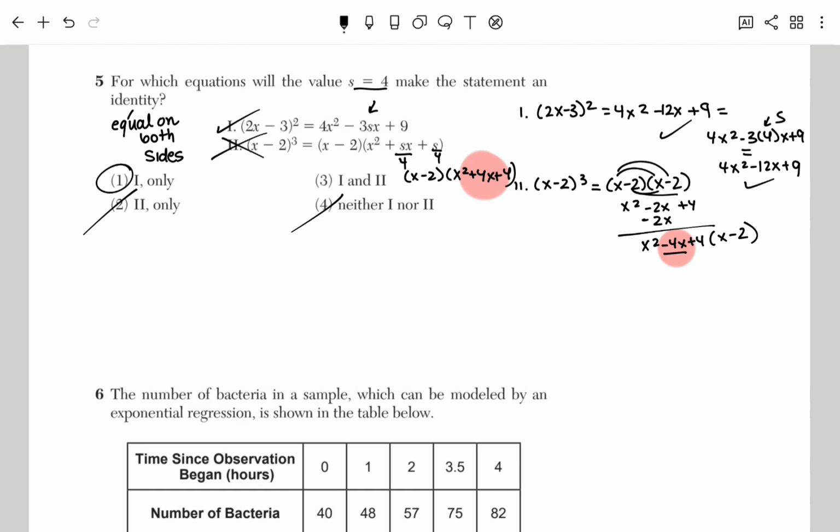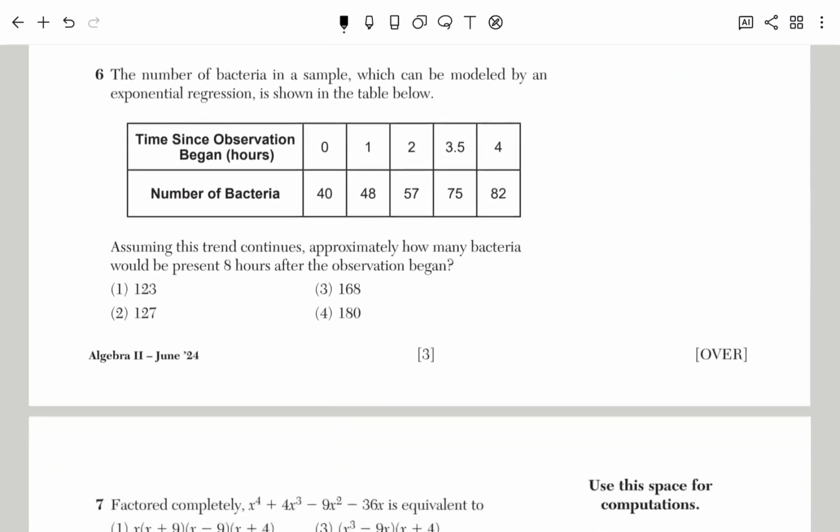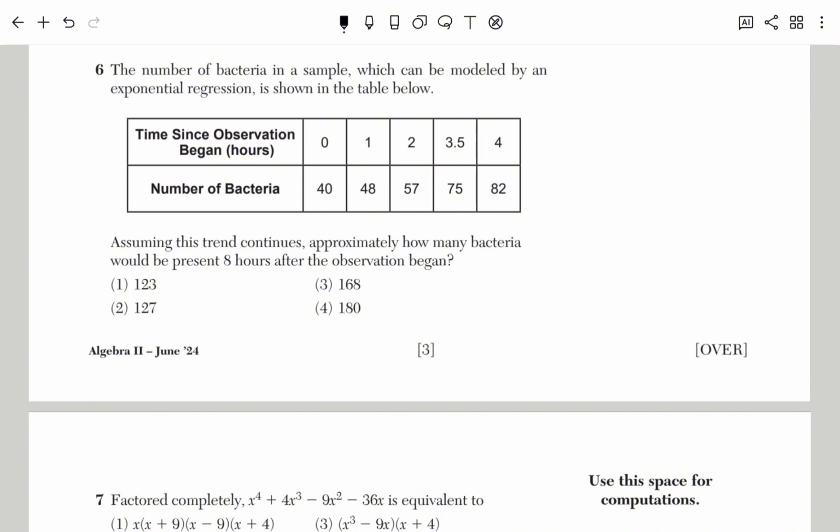Now question number 6 says, the number of bacteria in a sample, which can be modeled by an exponential regression, is shown in the table below. Assuming this trend continues, approximately how many bacteria would be present 8 hours after the observation began? So, we can write an exponential equation. So we can say y equals